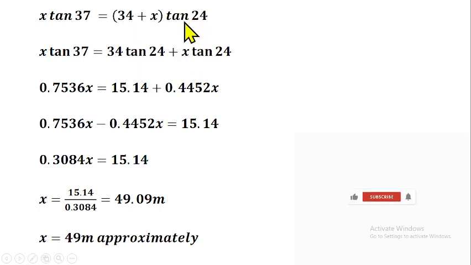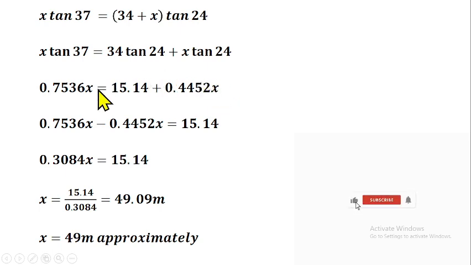Then plus 24 times x will give us x tan 24. Then from there, you can press your calculator for this and this as well. Tan 37 will give us 0.7536 times x, which gives 0.7536x, equals to, you can press your calculator, tan 34 tan 24 will give us 15.14 plus tan 24 is 0.4452 times x will give us